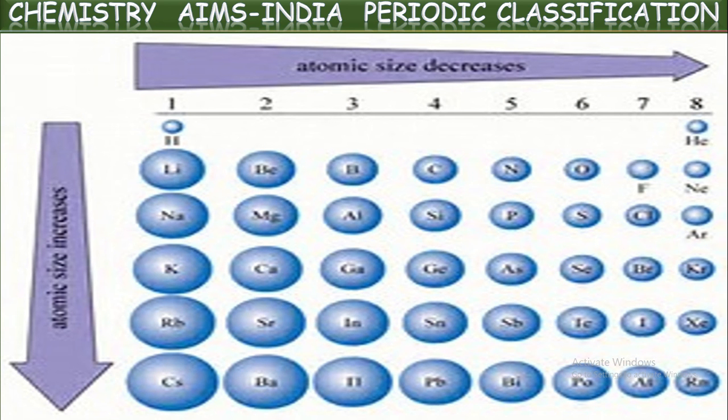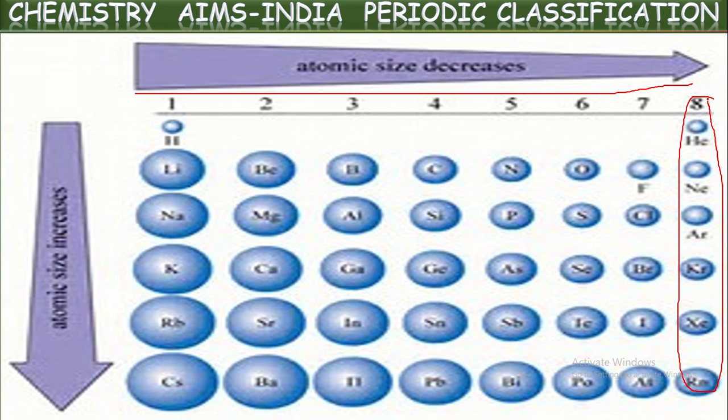So this is a generalized comparison between the atomic size and variation. In a period from left to right, atomic size gradually decreases. Of course, after coming here again, a slight increase we can observe. And in a group from top to bottom, atomic size increases because number of shells are being increased from one element to another element. A new shell is being added, hence size increases. Okay, this is about atomic size or atomic radius. So atomic size is expressed in terms of atomic radius.